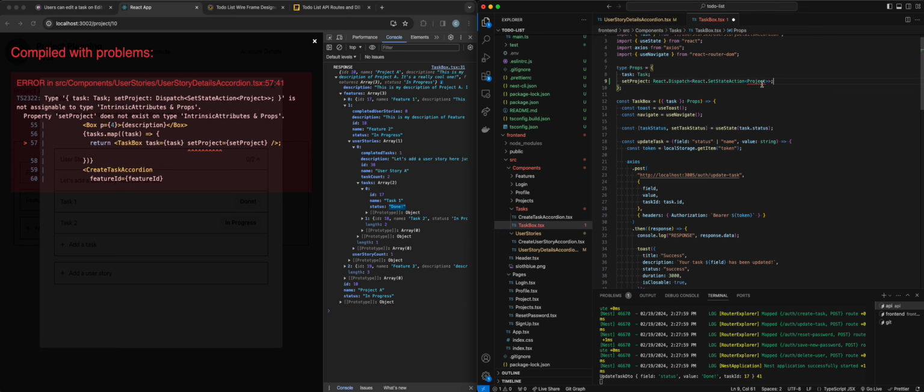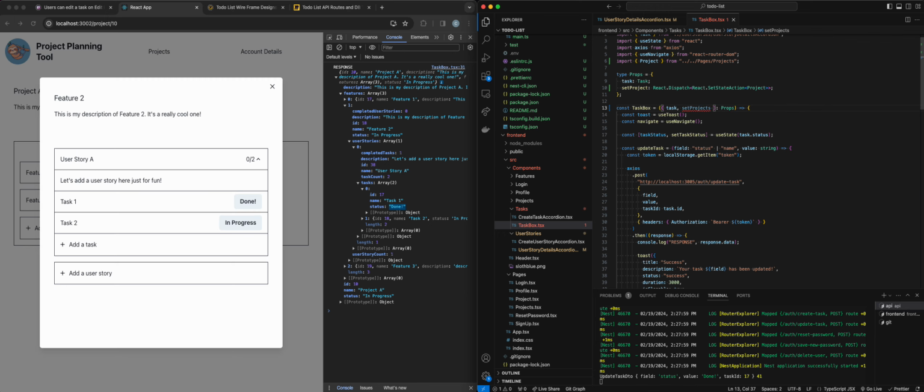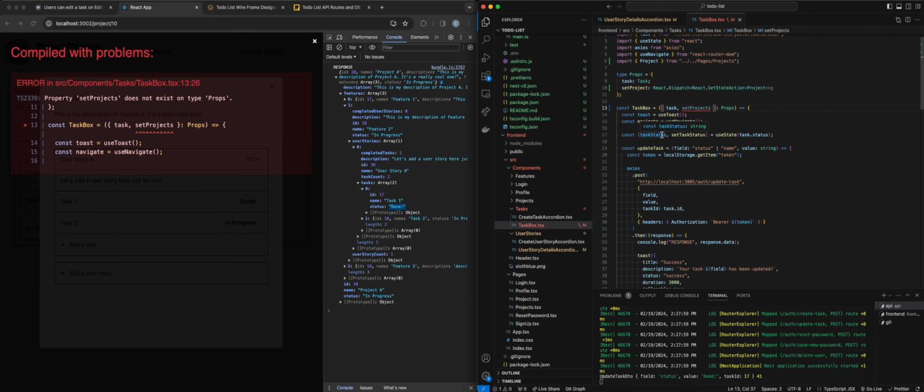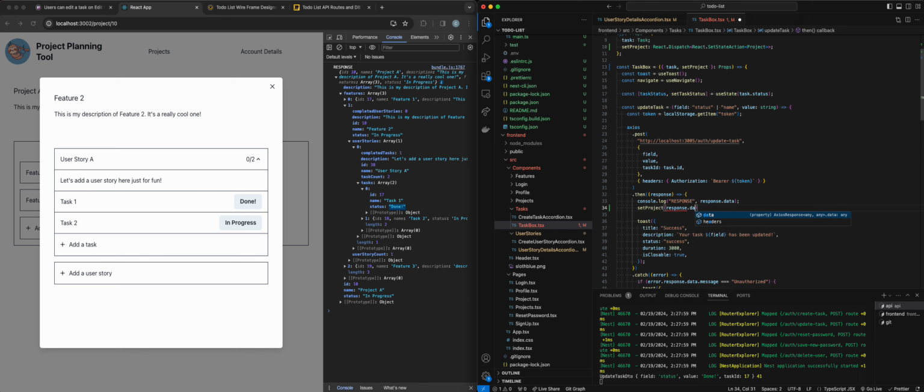I'm going to want to import my type and then add it to props. That should take care of the error. And then I should be able to say setProject is equal to response.data. Okay, so let's give this a try. So I click